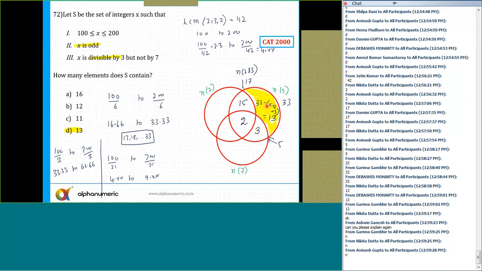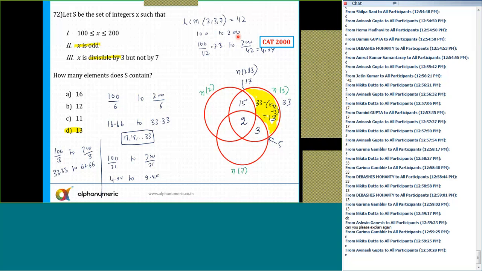So this is the yellow region, which belongs to the numbers that are multiples of 3, but not multiples of 2, nor of 7. That's it. So we need to calculate this. To avoid double counting, we first calculate the all-three region. How many numbers are multiples of 2, 3, and 7? Take the LCM of 2, 3, 7, which is 42.